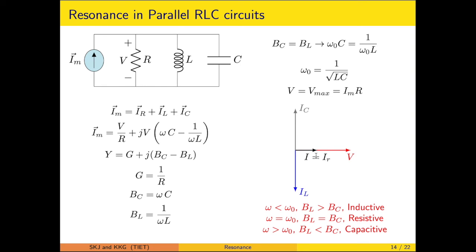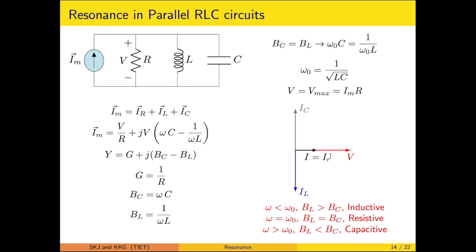Now on the analogous line, this particular voltage is taken as a reference. So the current through the resistance is in phase with the supply voltage, that is marked along this. The current through the inductor is 90° lagging, so that particular is marked likewise. The current through the capacitor is 90° leading the voltage, so that particular is marked. At the resonance, IL will be exactly equal to IC. So this particular I will be equal to IM, which is equal to IR likewise.